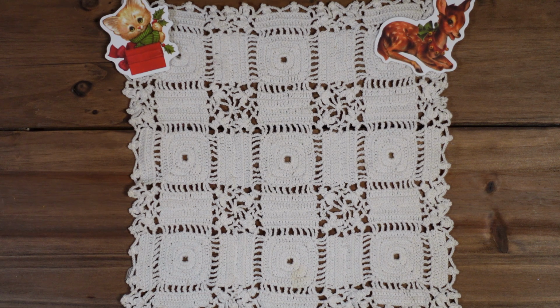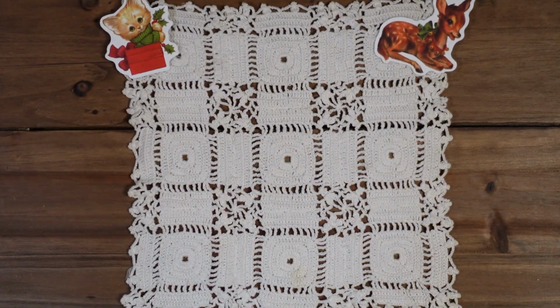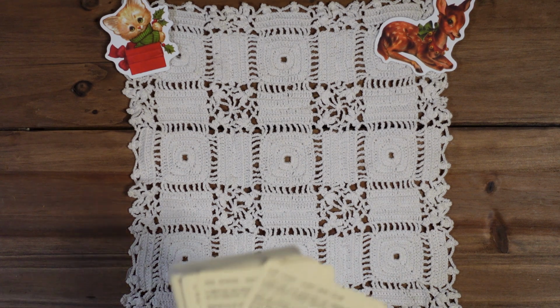This is not all of my decks that feel wintry, but I'm specifically getting into that kind of cozy Yule energy. And this came about from when I was away with Andy. We were talking about how when you pair a lot of decks with this certain deck I'm about to show, it really brings out a Yule feel in decks that are not specifically Yule themed. And the first I have to show is the Yuletide Tales Lenormand. This is by Laura. I love this one. There is a new edition out right now